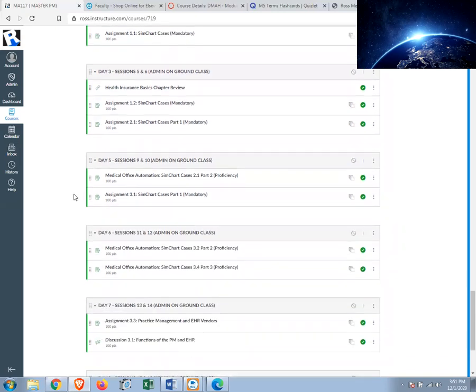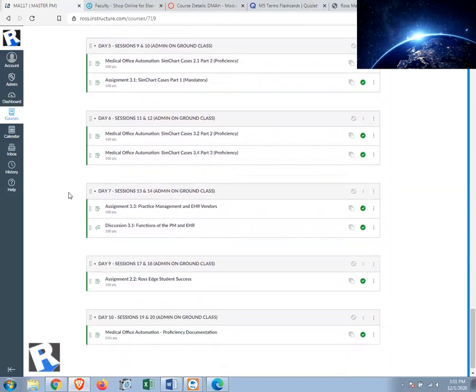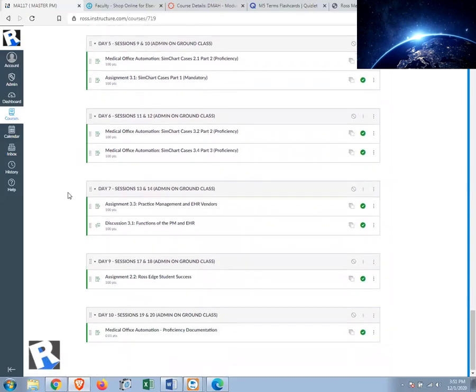There are quite a few SimChart cases that will take up a lot of student time. As you can see, they're in multiple days. There will be a report on EHR vendors and working in the PM and the EHR. So make sure that you are, again, knowledgeable and ready to answer any questions that students might have about these assignments. If you are new to Ross Edge,